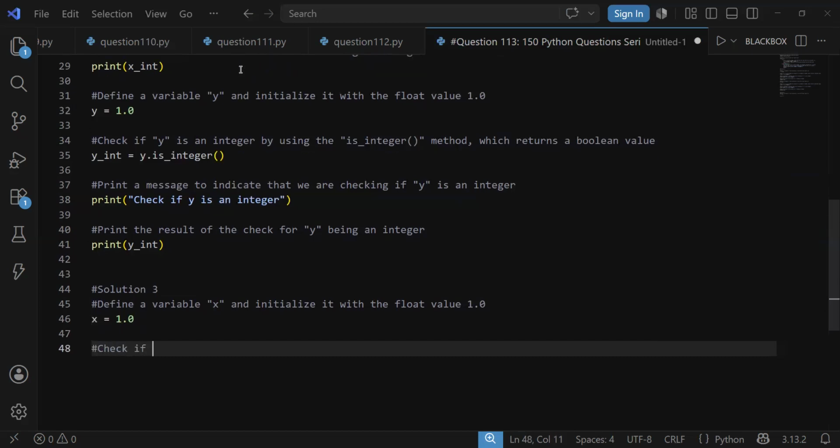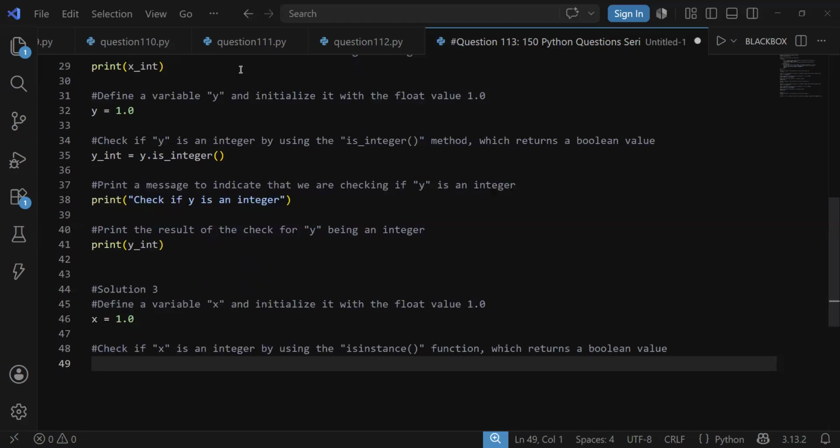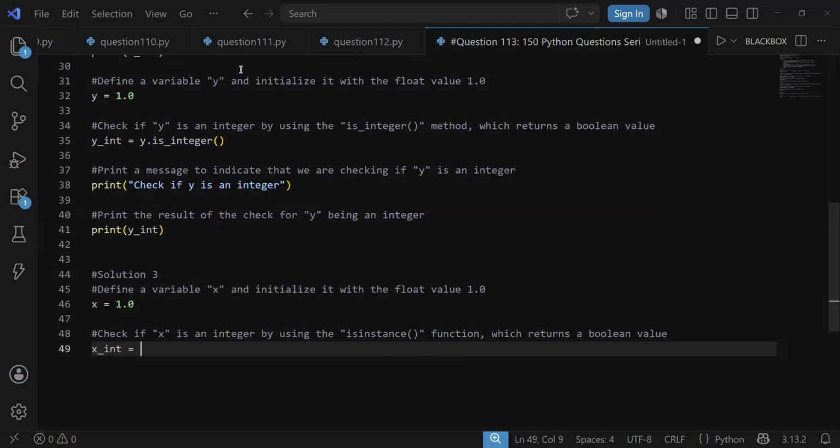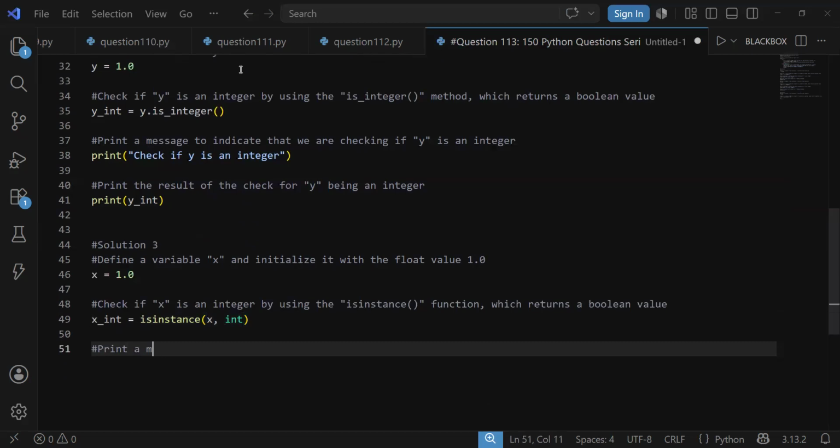Check if x is an integer by using the isinstance function, which returns a Boolean value. x int equals isinstance x int. So print a message to indicate that we are checking